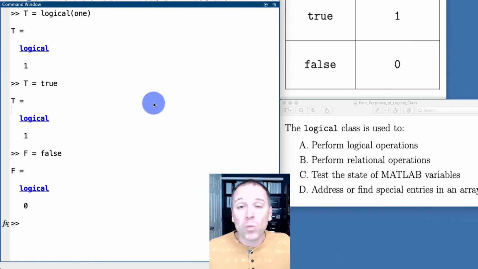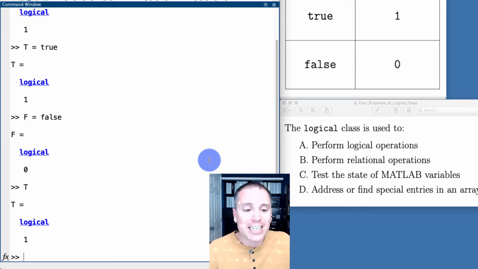The claim that we're making in this video is that anytime we use logical data, that data will have one of two values, either 1 for things that we evaluate as "true," or 0 for things that we evaluate as "false." And the claim is we can use these types of evaluations to do multiple things. What can we do? Well, we can do one of 4 things. We can perform logical operations. One of those we're going to see in a later video is called a not operation.